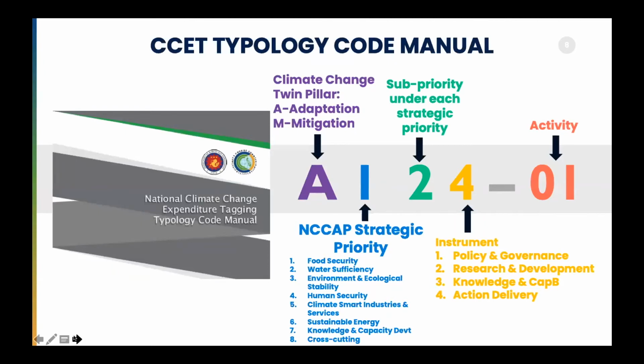So ito po yung typology code manual po natin. If you would look into the screen, may codes po tayo, no? So the first one po, it's either A or M. It addresses the twin pillars po of addressing climate change. So if it's an A, it means that that particular typology is an adaptation typology. If it's M, it's a mitigation typology. Now, the first number